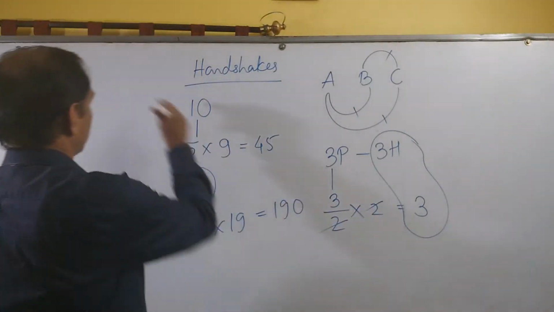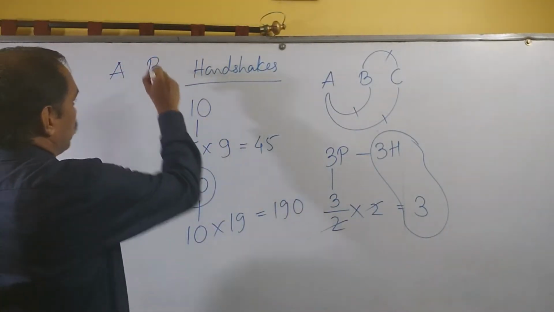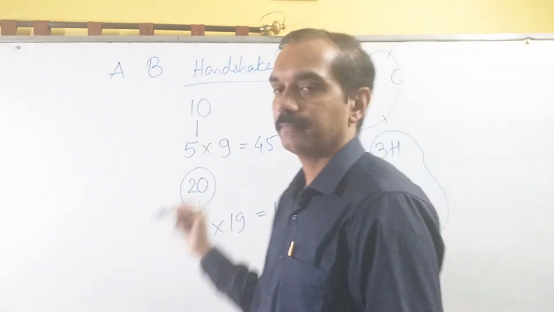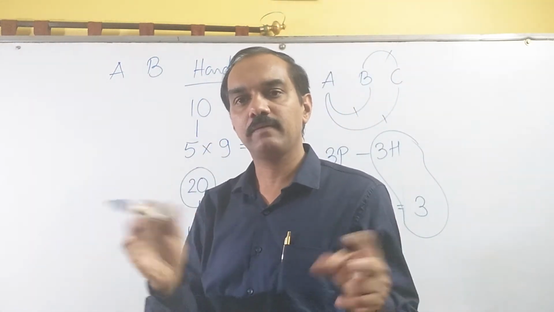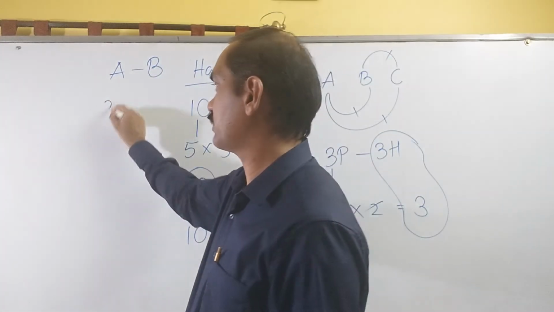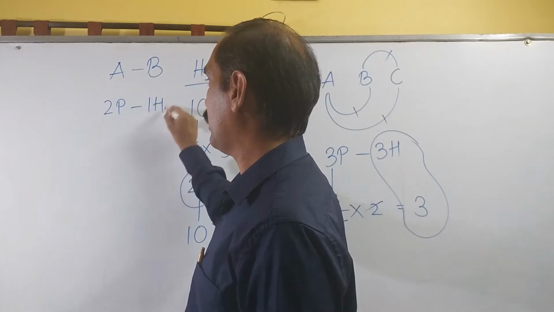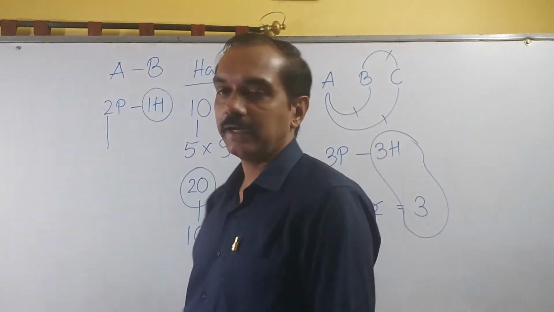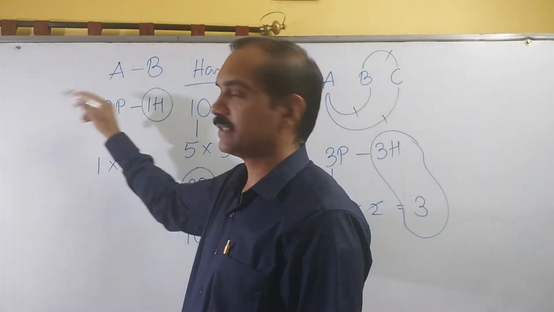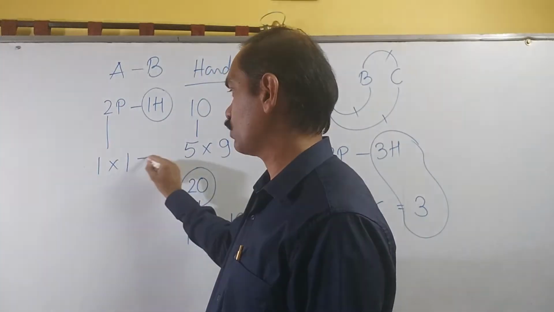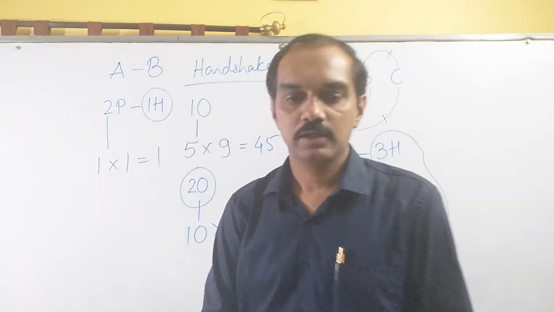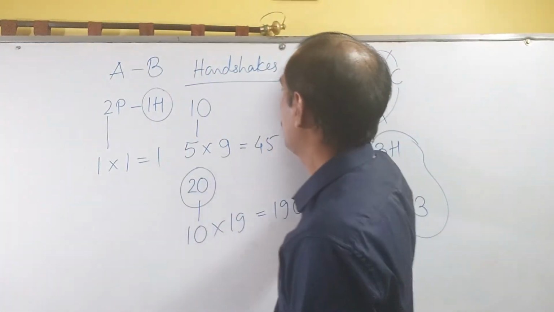Assuming there are only 2 persons, A and B. How many handshakes can you expect between A and B? Only one. A with B, B with A, both are same. In between 2 persons, we can expect only one handshake. This is practical. Now let's see the theory part. Make it half. Half of 2 is 1. 2's preceding number is again 1. 1 into 1, 1 of course. We can expect only one handshake between two persons. This is everything about handshakes.